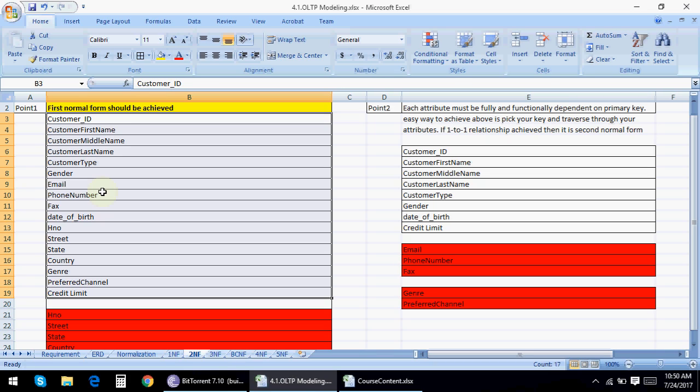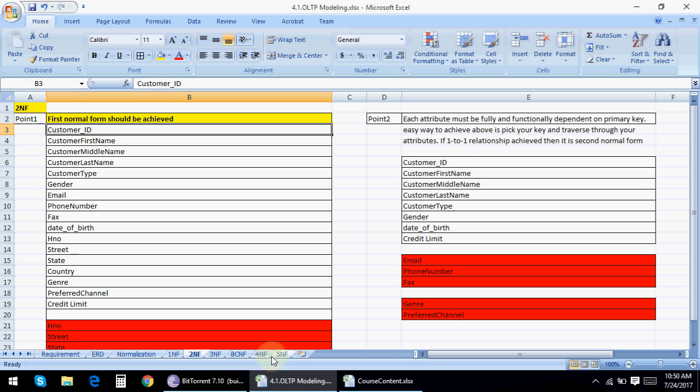Going further into the next levels of normalization, when I say we are converting the data into third normal form, then it should possess first and second normal form. Similarly, when I am in 5NF, the complete customer table should be in first NF, second NF, third NF, BCNF and 4NF. So this is how the logic works.